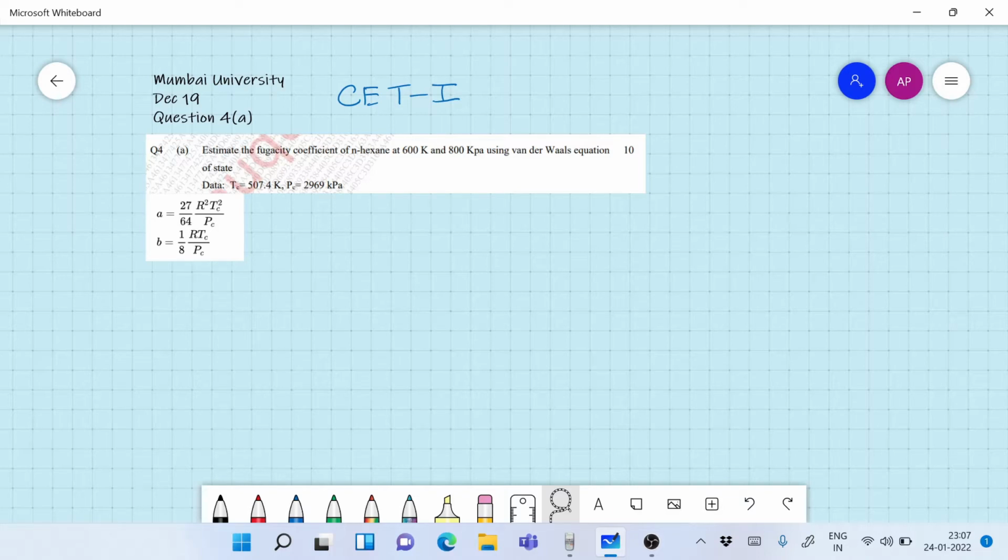state. Now, you do not have to mug up the formula and come. It can be simply solved using very fundamental equations of fugacity and the calculator. So please do not mug up the formula. Just pay attention to how I solve it and get the answers. Okay. So we all know that